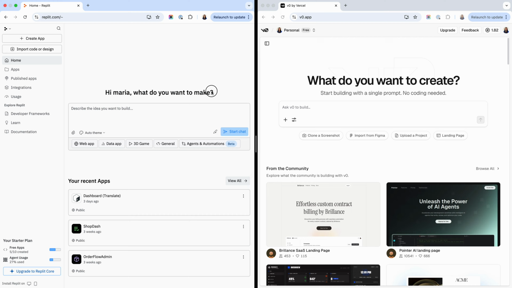I'll also cover their pricing plans. In the end, I will talk about my personal experience using these tools and the one that I prefer the most. Now, let me first clarify the use case of rapid prototyping.